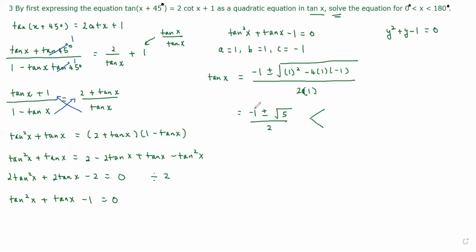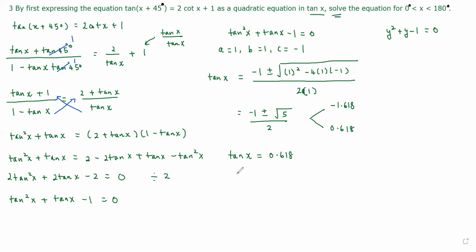And negative 1 minus root 5 over 2, that is negative 1.618. Negative 1 plus root 5 over 2 is 0.618. Let's just use a positive number. It's less troublesome. Tangent x equals